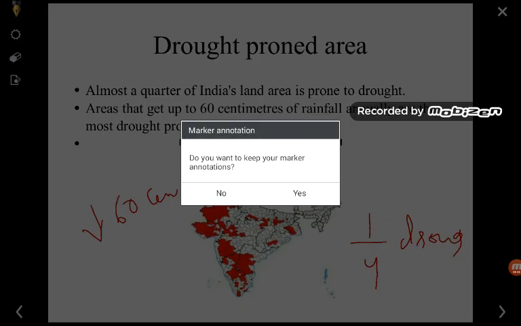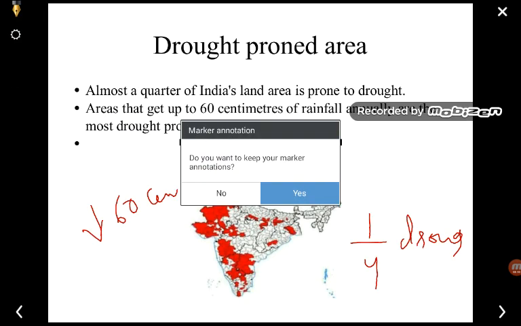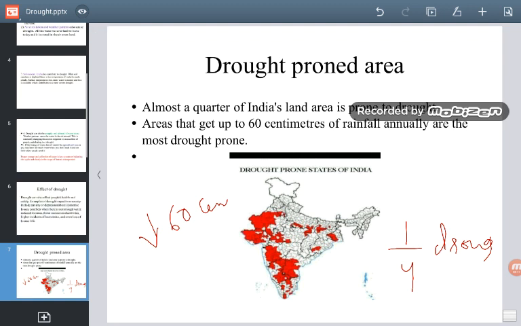So you can say that this area used to receive 60 centimeter of rainfall annually,